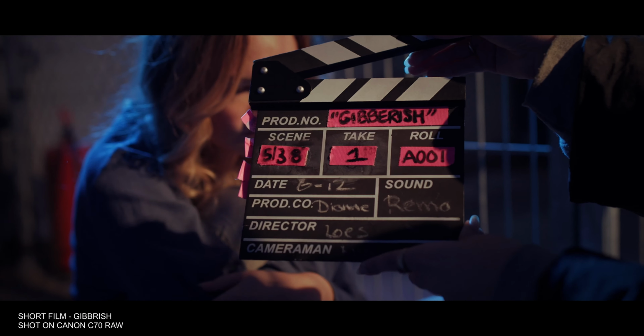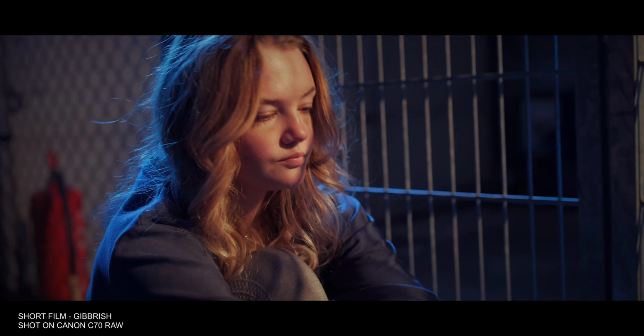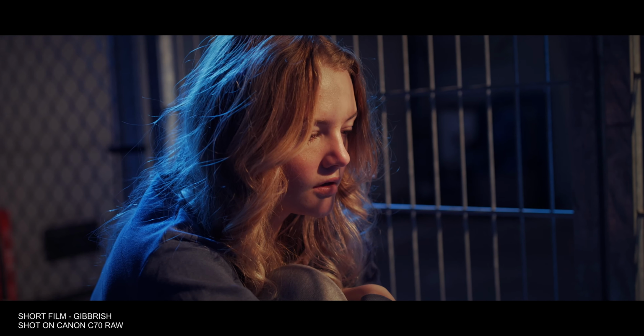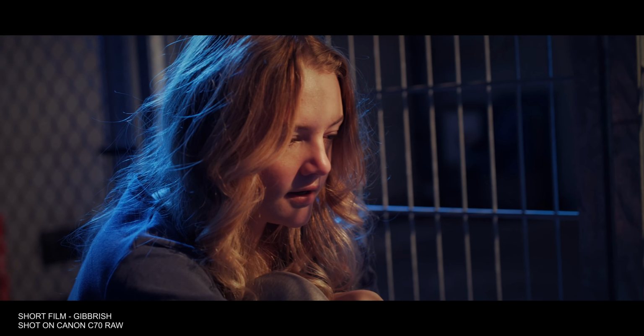I've been shooting on Canon C70. I owned two up until 3 weeks ago when I picked up the red Komodo. So I think if you're going to pick up the red camera simply for the image quality, coming from the C70, my advice to you is that you should hold off, and